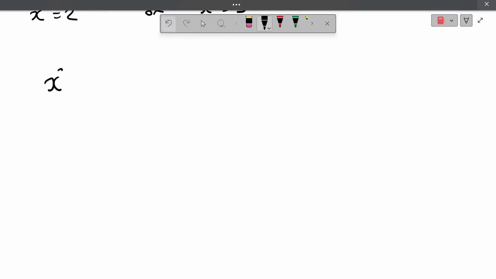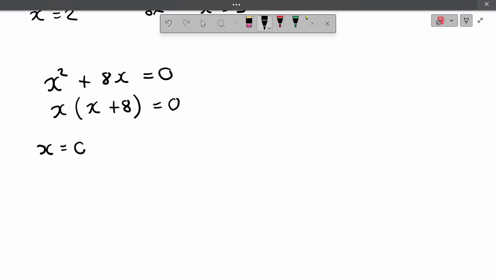We could have something like x squared plus 8x equals 0. Now this time we don't have a number at the end. We just have x squared and we just have a certain number of x's. Sometimes people divide everything by x, and it's kind of okay-ish, but not quite. A better way is you factorise out an x. So you have x plus 8 in one bracket, and one of the x's is taken out separately, and that equals 0. And then you have a choice of x equals 0 or x plus 8